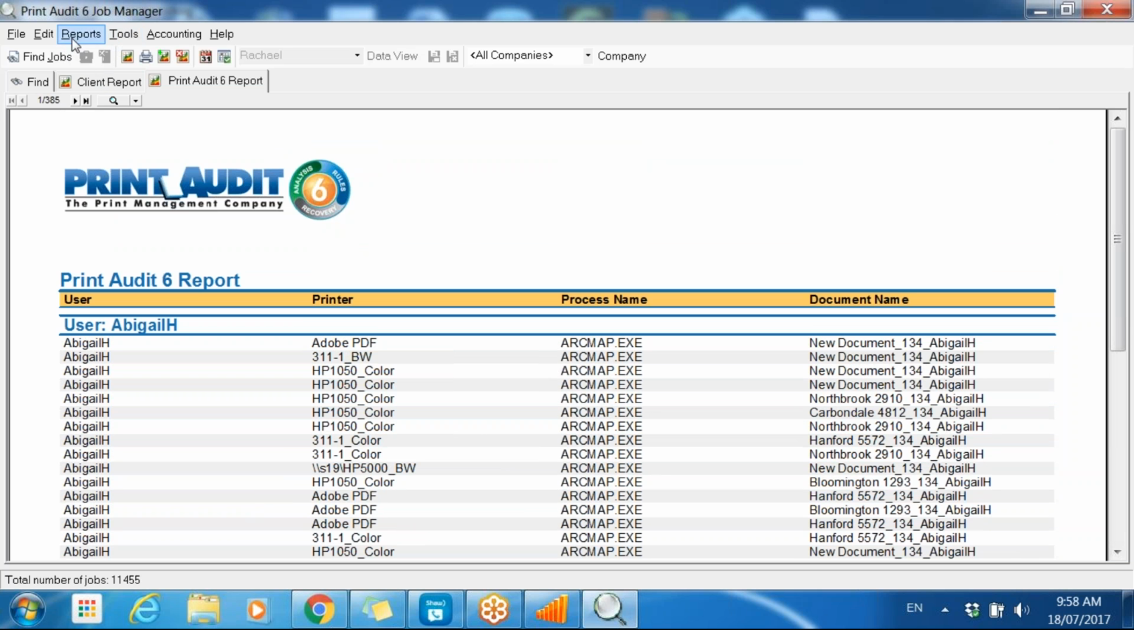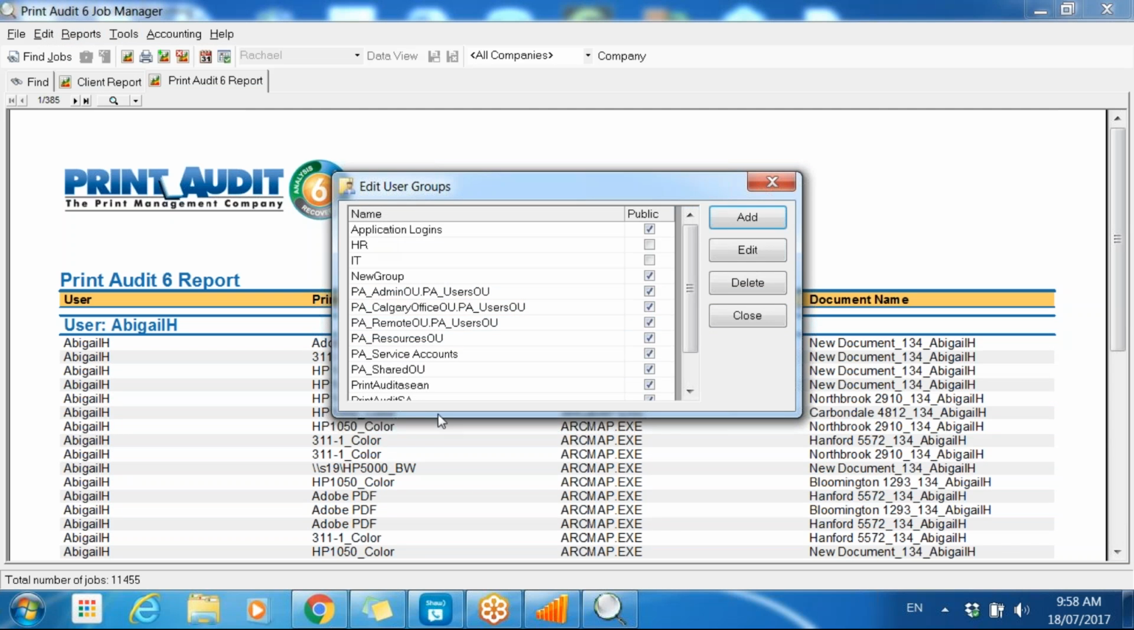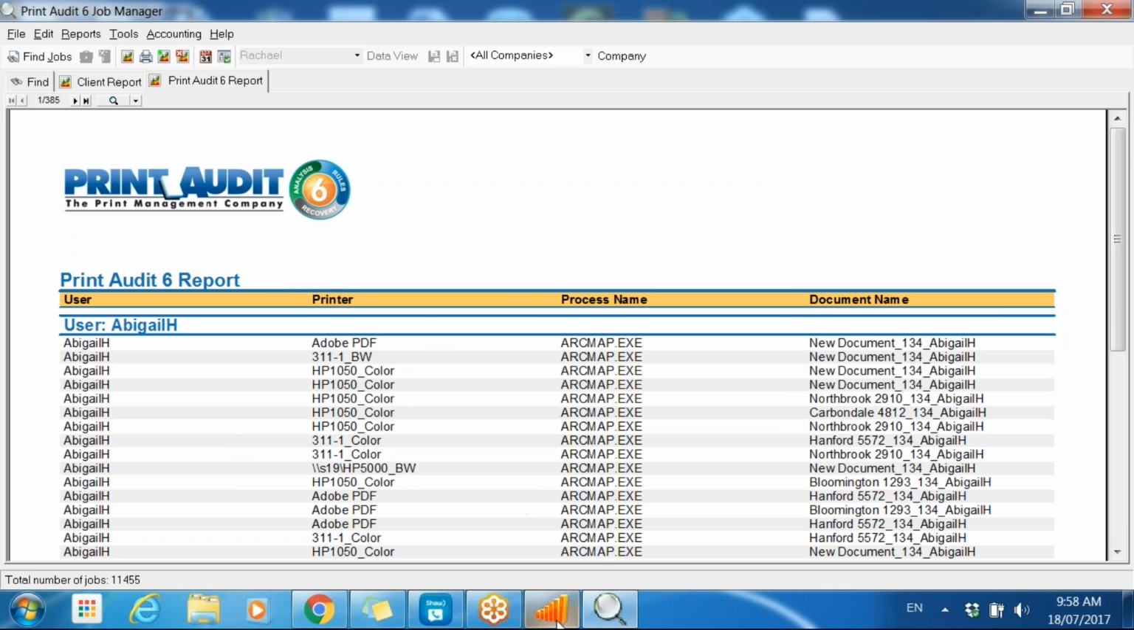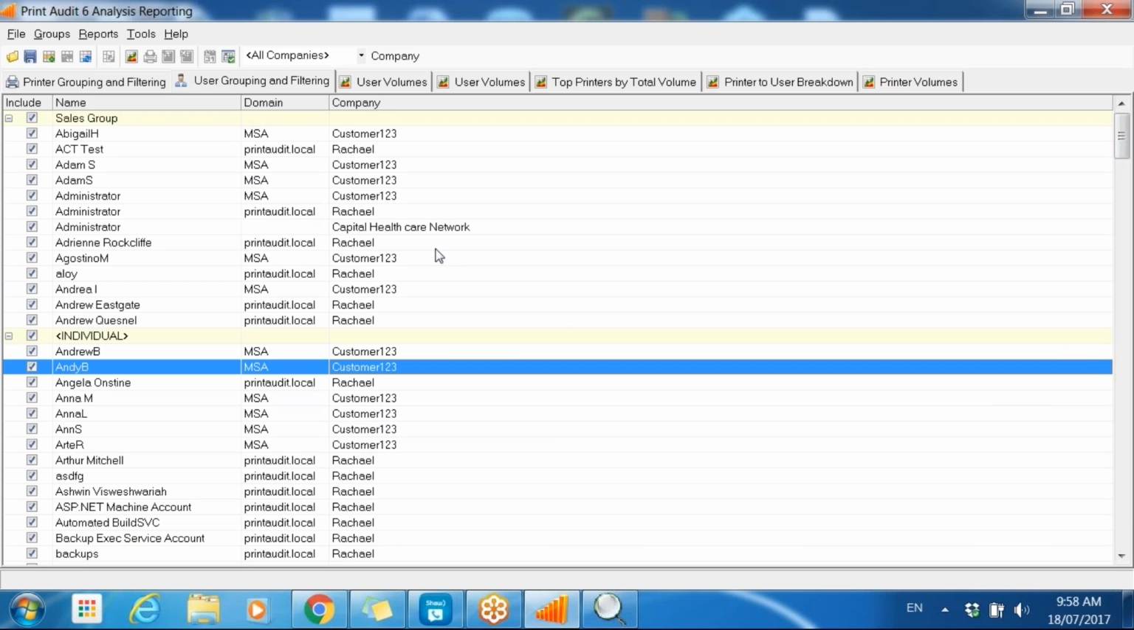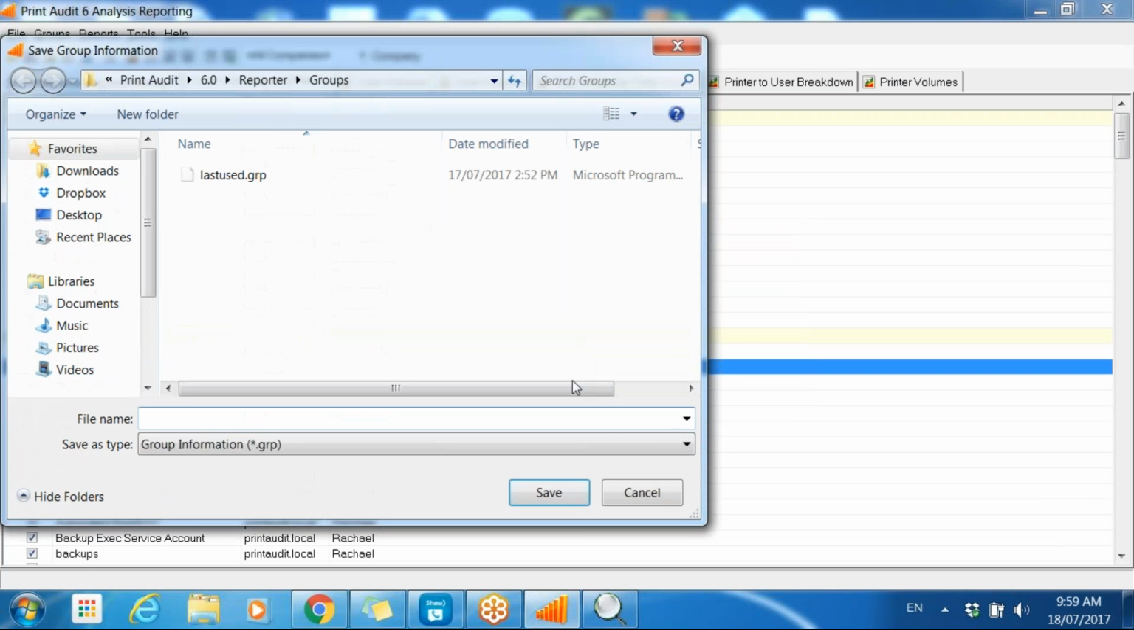Okay, so the other thing I want to show you is we've created these groups here under the users. So what we can do is we can go into our analysis reporting tool. If we go under groups and import simple groups, what this is going to do is any groups that we've pulled in either from Active Directory or that we've manually created in the job manager, we can move them over into here. So I normally recommend